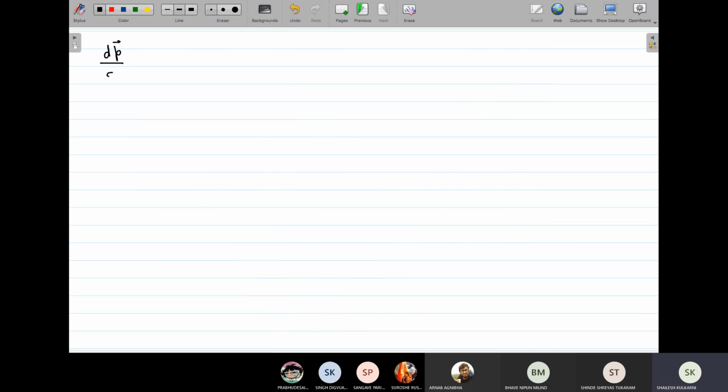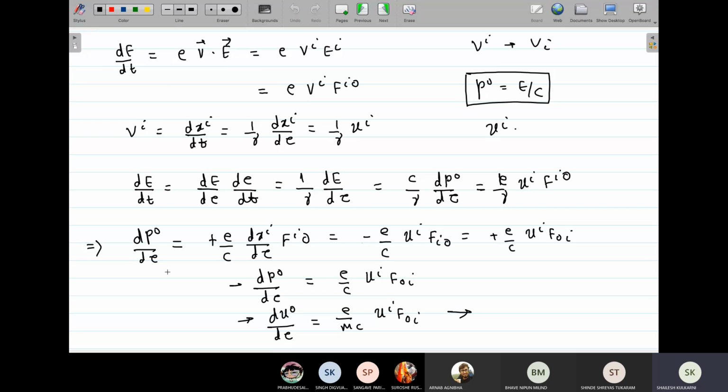dp by dt equal to E plus E by C V cross B. Use similar steps as we have done here. So this I will leave as an exercise. The difficult part I am leaving for you. It's not that difficult. It is slightly complicated calculation-wise. So show that